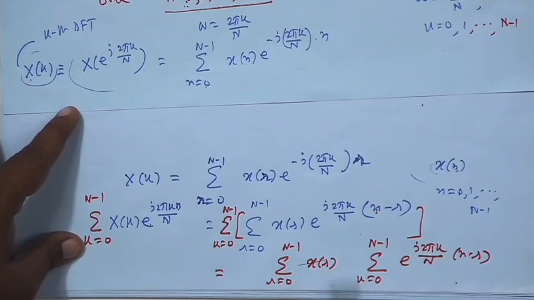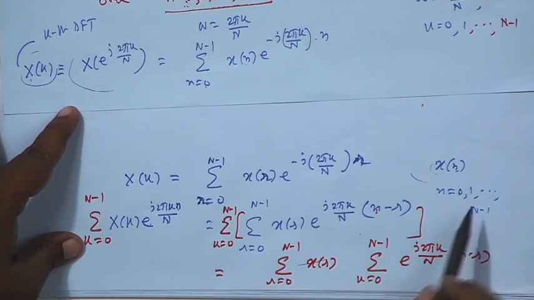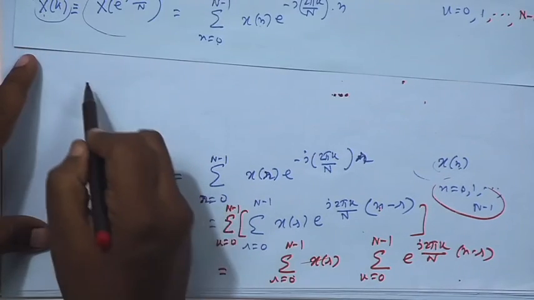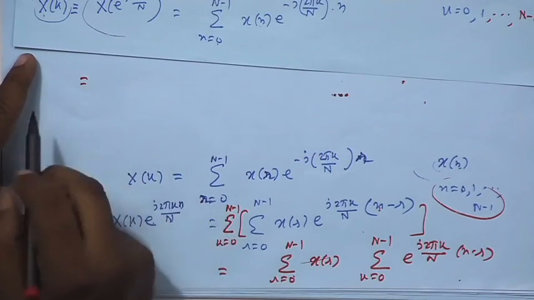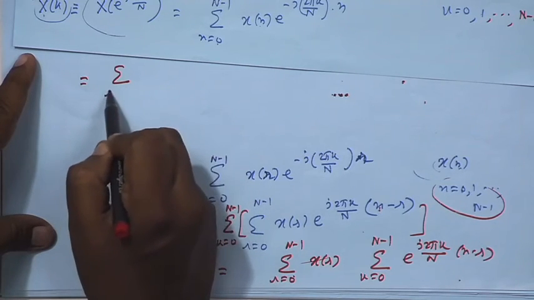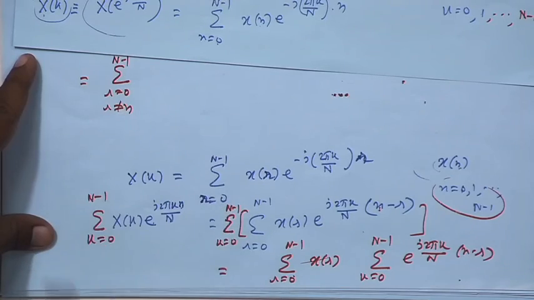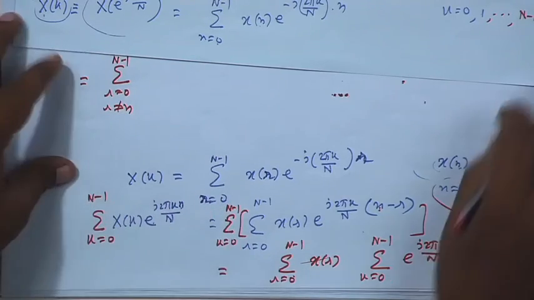Now, small n is your choice; you have fixed n in this range, and r is varying over the same range, 0 to N minus 1. As r goes from 0 to capital N minus 1, r will become equal to small n once, and on other occasions it will not be equal to small n. So, I can write the right hand side as r equal to 0 to N minus 1 but r not equal to small n, and the r equal to small n case I will write separately.